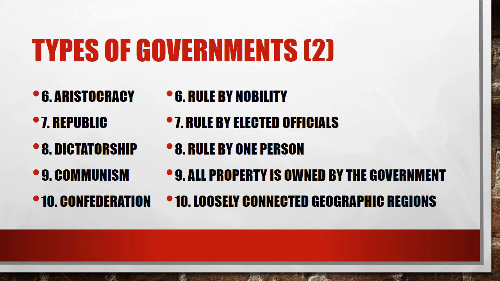In a confederation, all these states all around this area might say, you know, it might make sense for us to work together, but we're not going to become one country. We want to stay our own separate country, but we will all work together in a similar aspect. So we are all going to agree to follow these laws, and we will all trade with one another, and we will all decide that 21 is our drinking age for this area, and you have to be 18 to vote, and that type of stuff. So even though there's not one central federal government, all these geographic regions still agree to work together.